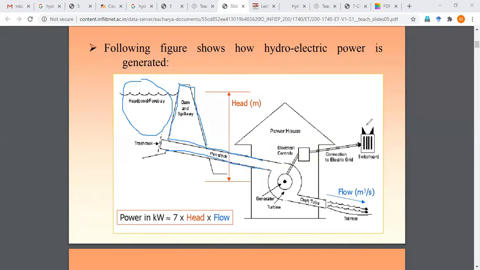for the transmission purpose. Most of the hydropower plants are located in remote places, because there are many difficulties in site selection. In a short period of time, we will look at the site selection criteria for the hydropower plant. Before that, as I said, there are many difficulties in selecting a site, because many constraints need to be considered. So next, the point of discussion is the selection of site for the hydropower plant.